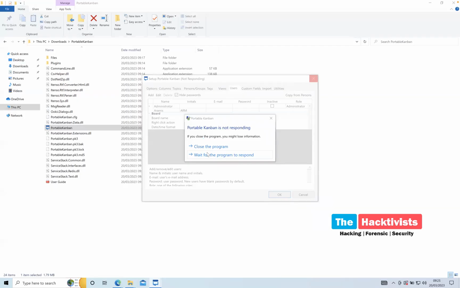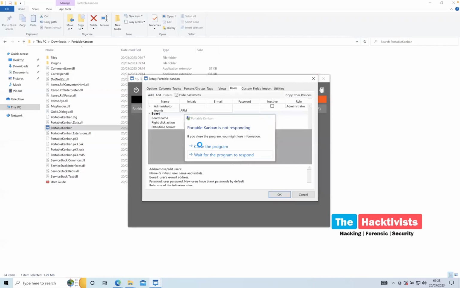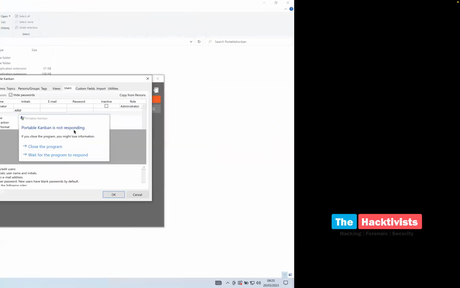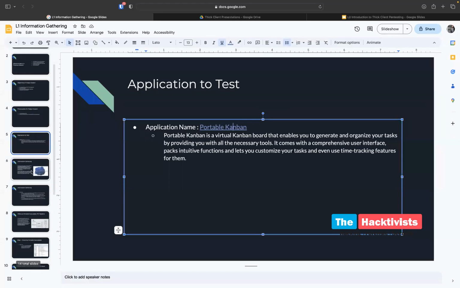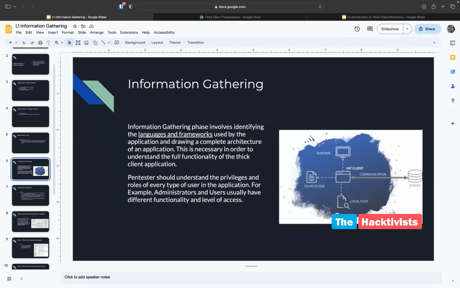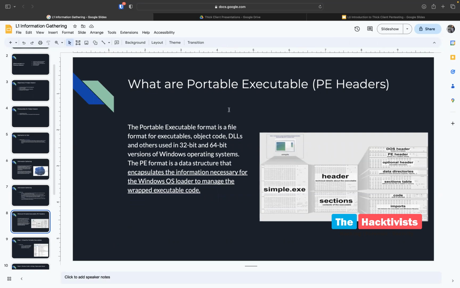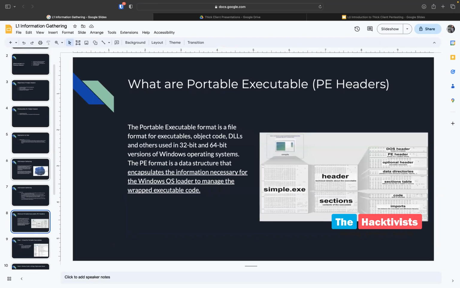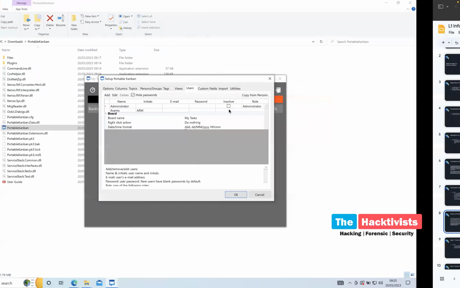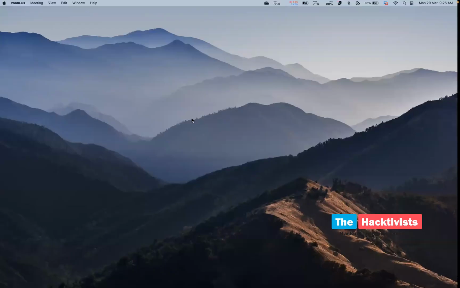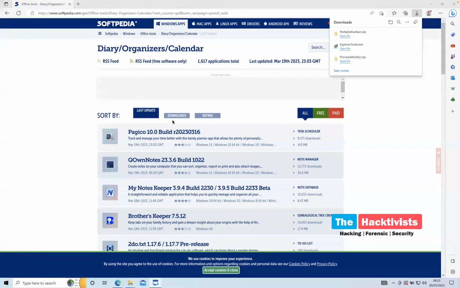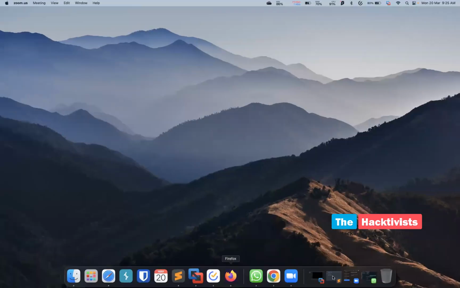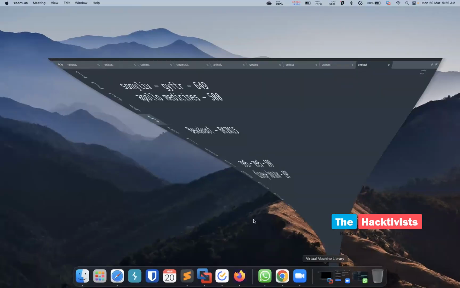Now that we have understood the specific functionality of the application, the first thing we need to do is go forward with our first test case to understand what we can find from the application executable file itself, right? That is where we will be checking for the PE headers or portable executables. Before jumping into that part, let us revise what a portable executable is. Portable executable is nothing but those specific types of things where